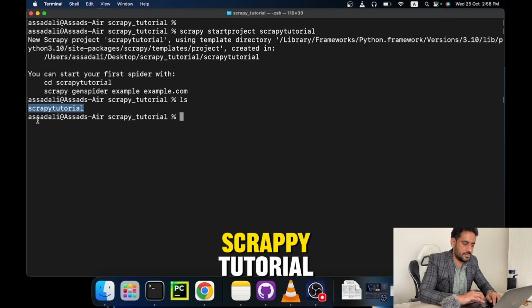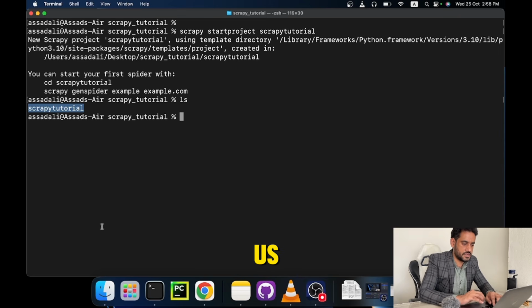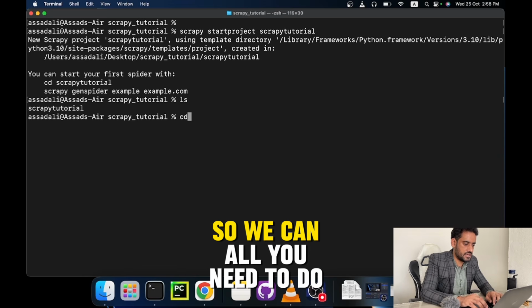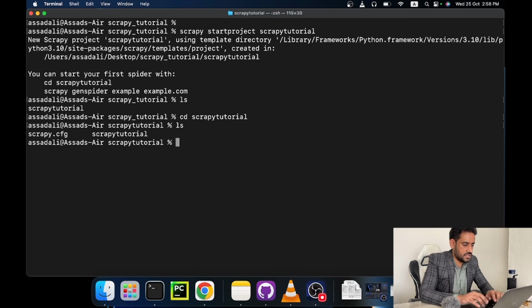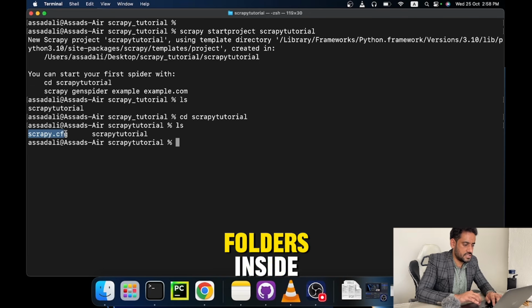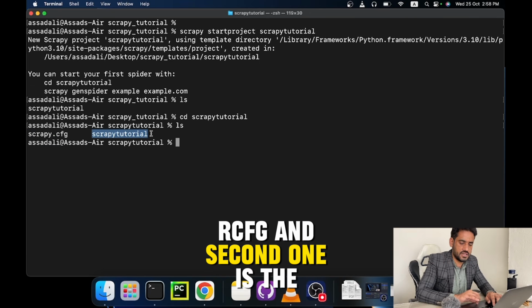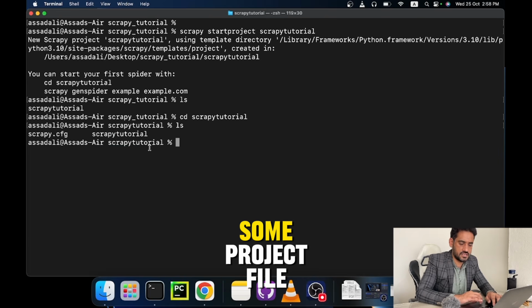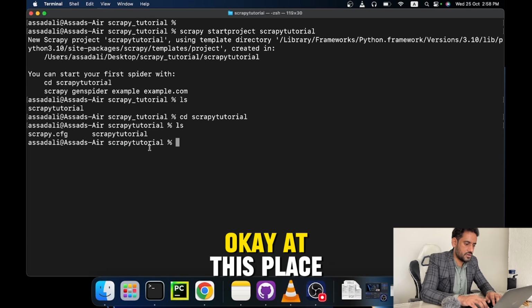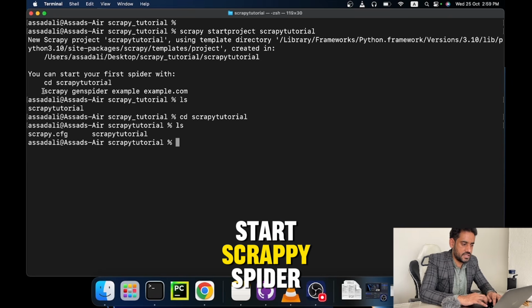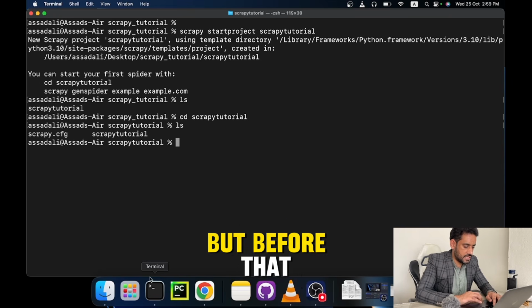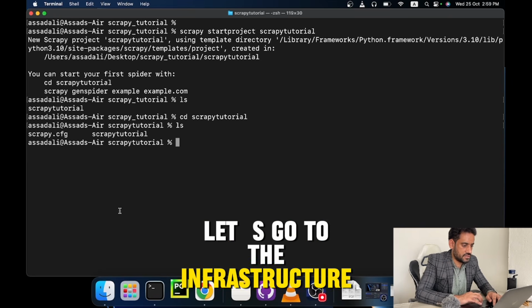If you look here, the scrapy tutorial folder has been created for us. So all we need to do is cd into scrapy tutorial, and you see that we have two files inside of that. One is scrapy.cfg, and the second one is the directory that contains some project files. Okay, at this place, what we can do is start a Scrapy spider, but before that, let's go to the infrastructure of the